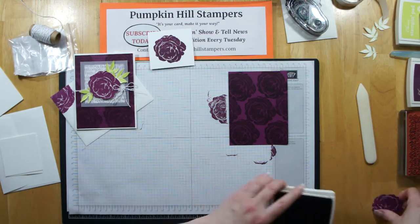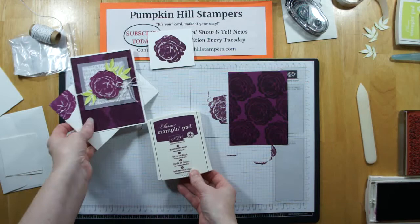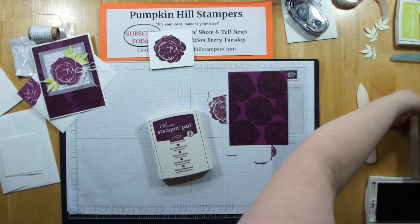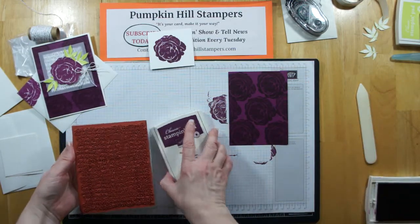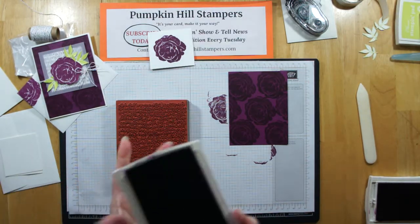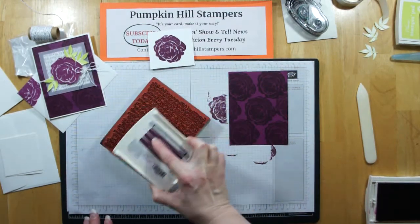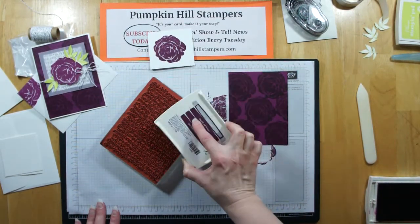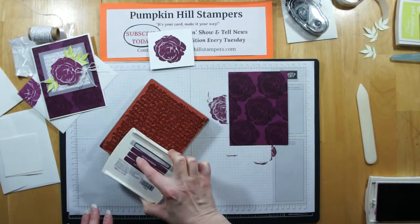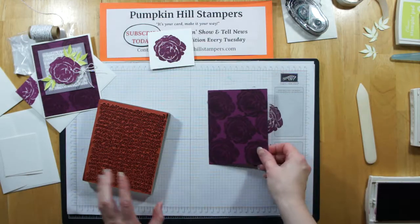Now I'm going to take my Blackberry Bliss ink, okay, and my background stamp, handwritten, and I'm going to ink up my background stamp. So Blackberry Bliss is a slightly darker purple than the Rich Raspberry, so I'm just going to ink that up. And we're actually going to stamp it twice. So the first time I'm just going to put my